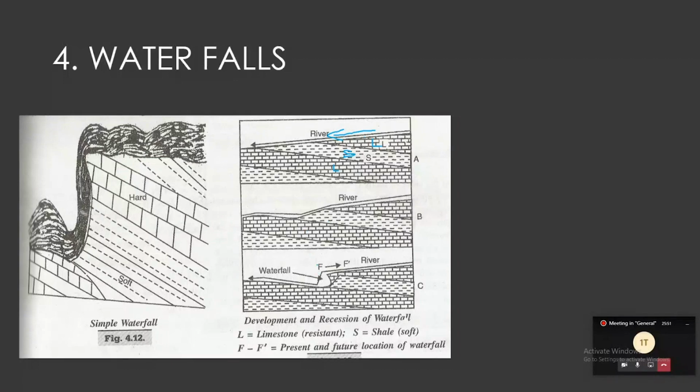As a result, what happened? There would be a differential erosion process. So the rock which was here was removed very quickly. As a result, the surface now becomes something like this. So there would be a change in the height, this much change in the height. So water will start flowing into this height difference. So this we call a waterfall,